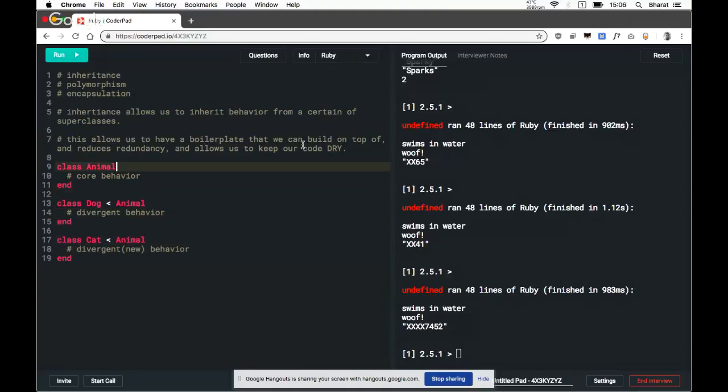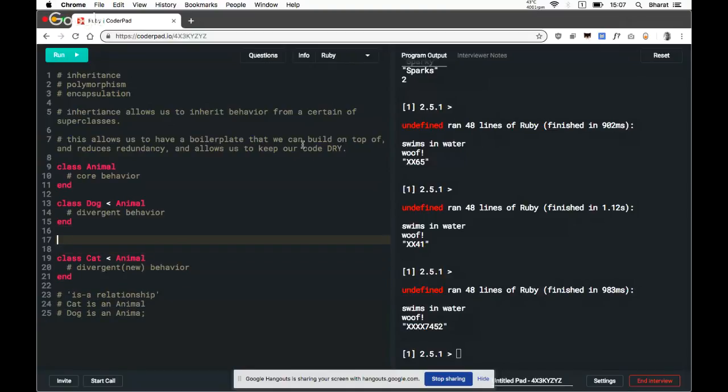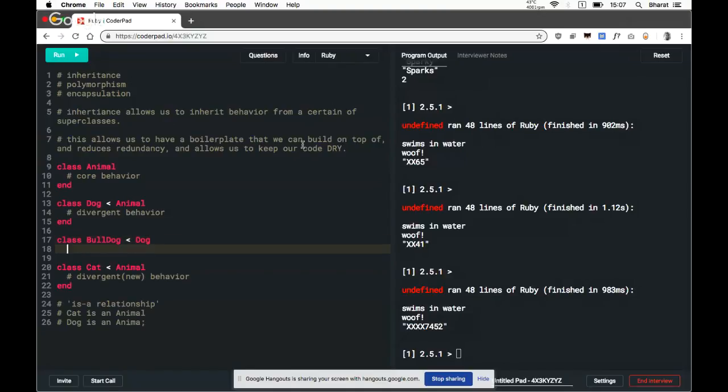So in inheritance we model what is called an is-a relationship. In this case, cat is an animal, dog is an animal. We could even have bulldog. I like bulldogs. Bulldog as a subclass of dog because bulldog is a dog. And so the bulldog could have even more